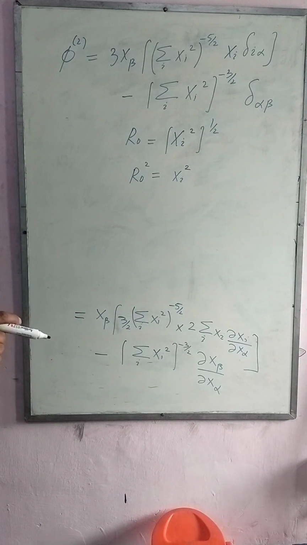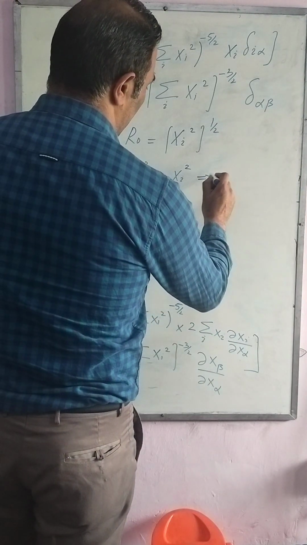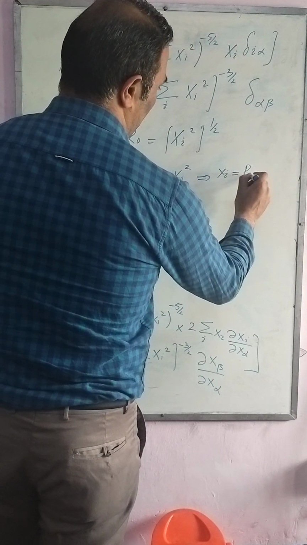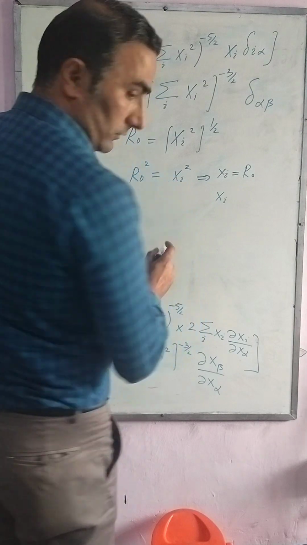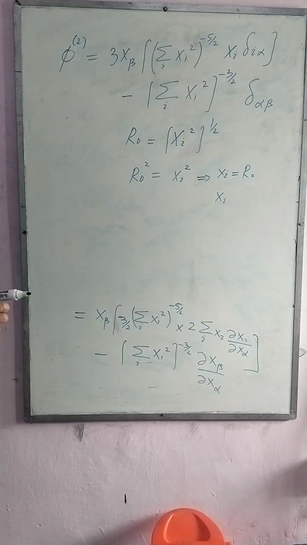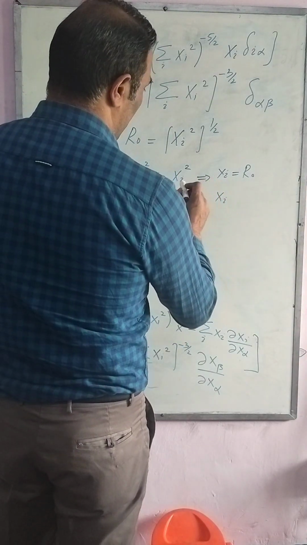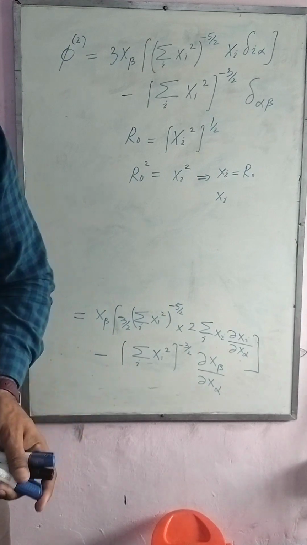Or you can write that xi will be equal to R naught, or if you write that what's our xi, R naught square, right? So I can write this as,